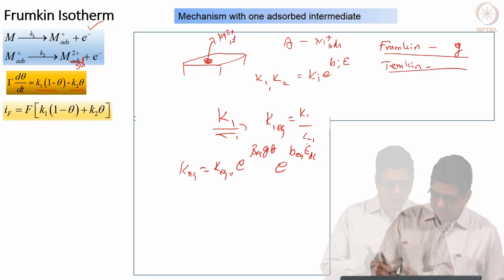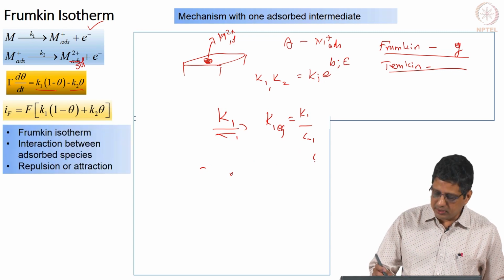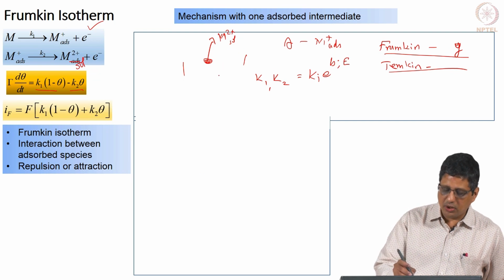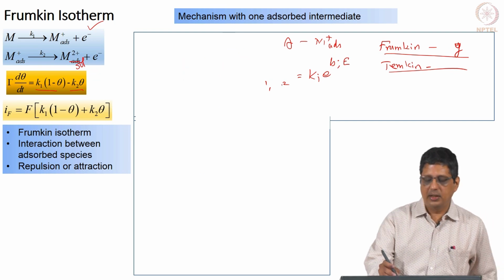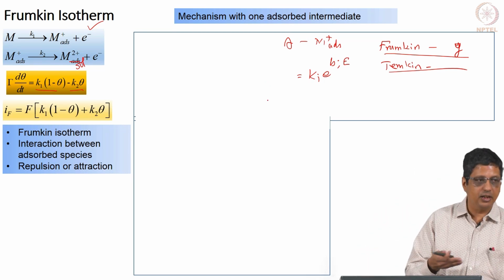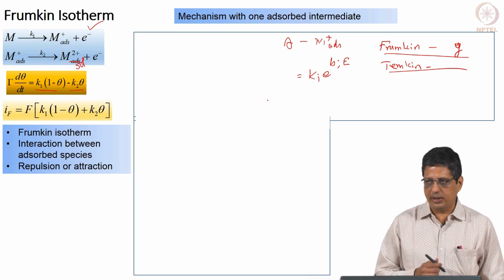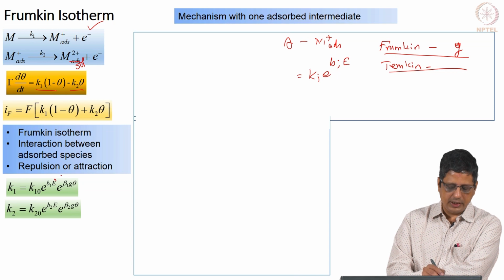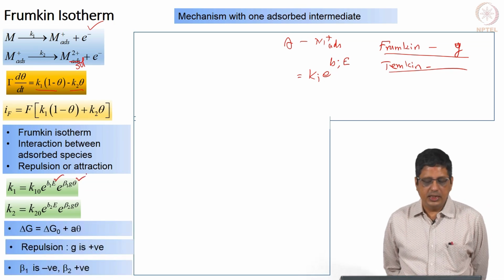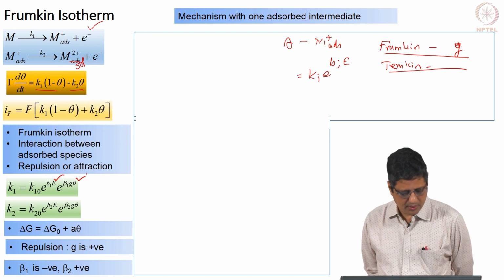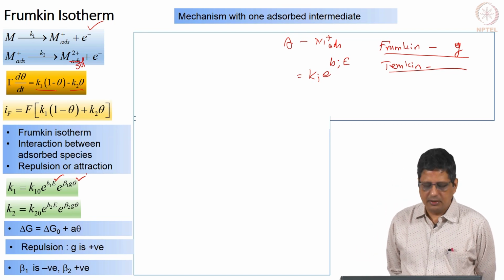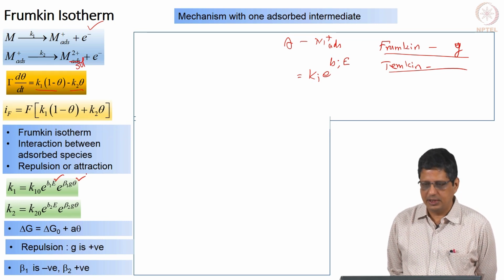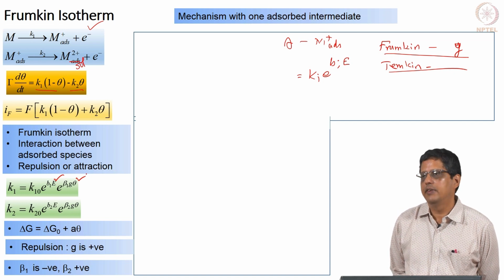Okay. Coming back to this, here we are going to assume that the species are going to repel each other, meaning you have M+ adsorbed formed in one location, you are not likely to have another. I mean, it is possible that it will form, but it is not very easy. Its rate constant is going to be slower for that. We get the following description: k1 and k2 are dependent on potential as well as on theta, and g is positive, that describes its repulsion. And the reason this may happen is because of the delta G, the free energy of formation of this species. Okay. It is linearly varying with theta.